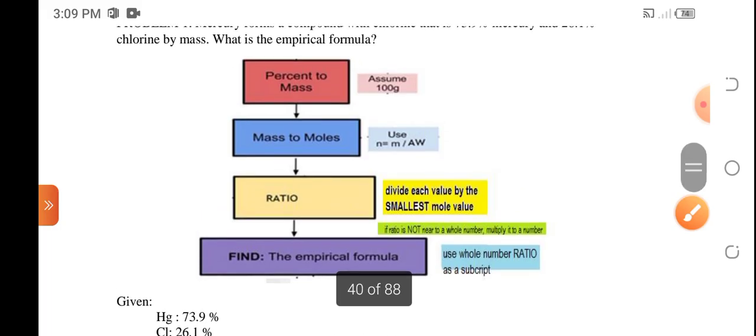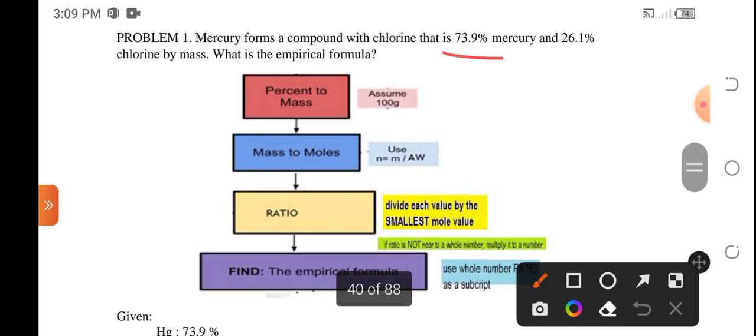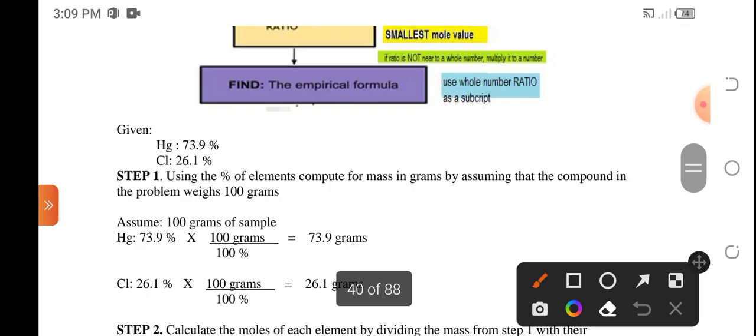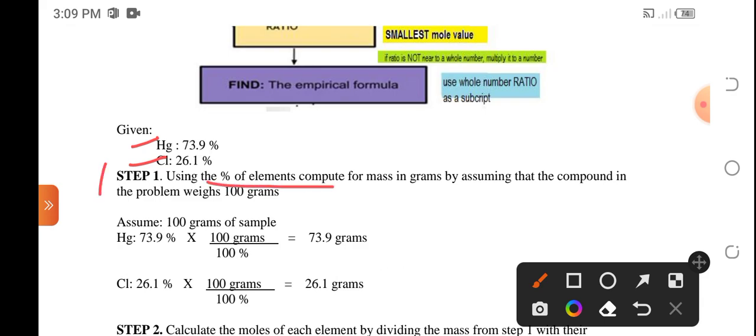Okay? So going back to the problem, mercury is 73.9% and chlorine is 26.1%. So step 1, you have to use this percent composition of each element to compute for the mass. If there's no mass given for the total compound, you have to assume that the compound weighs 100 grams para numerically equal. So with the assumption, kailangan nating may assumption, 100 grams of sample,